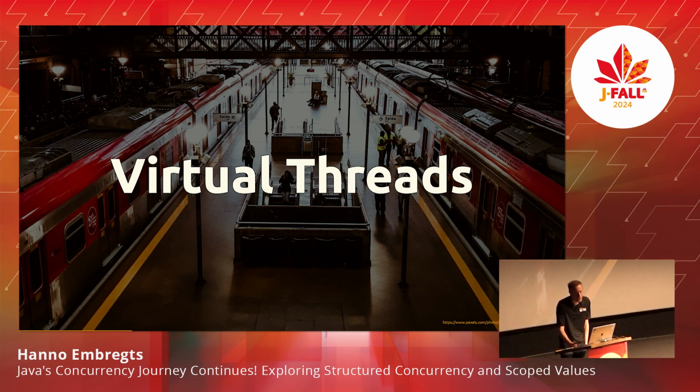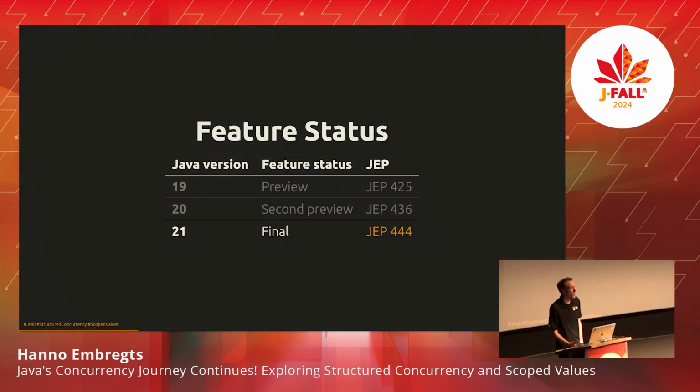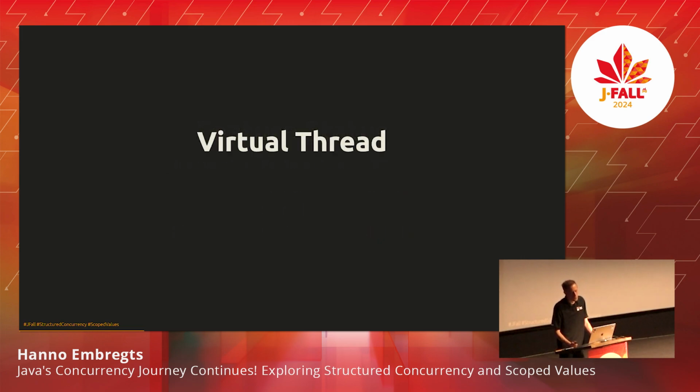Then it's time to jump to virtual threads, to get to the newer stuff, the more modern stuff of Java, right? And I think in the stations analogy, our current station is virtual threads, because in Java 21 it was made final, so that means that we can safely use it in production without the risk of it ever changing again. Any changes will be backwards compatible, of course.